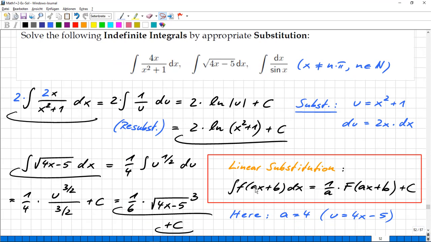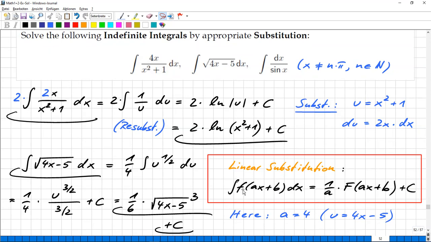Let's just look here at the general case. What we have is the indefinite integral over f of ax plus b dx. So it seems that the inner function is a linear term, and it turns out that the primitive function will always be 1 over a, where a is the linear coefficient of this inner term here, times the primitive of the integrand, where I'm talking about the outer function inside the integral, right? So if you know this function